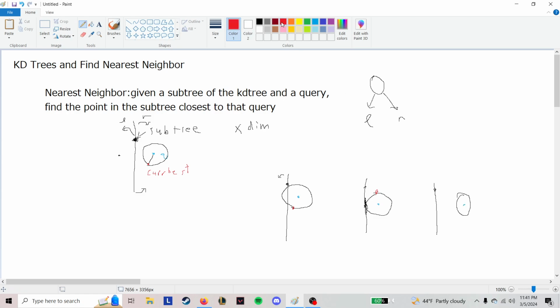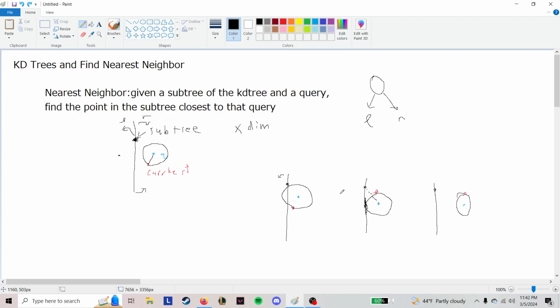So now the question is, how do we determine which one of these three cases we're in? So this is not a live class, so I don't know what your first intuition is. But I have heard some people give intuition about connecting the query point to the subtree point, which I think is a good start. So if we connect this point on all three things, we can maybe look at what information we can get. So the problem with